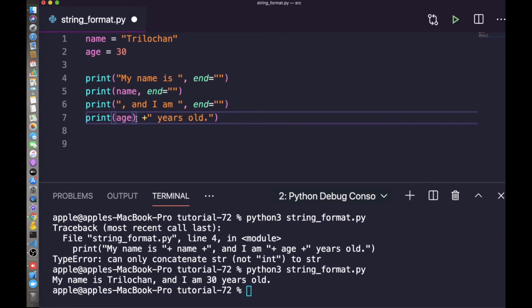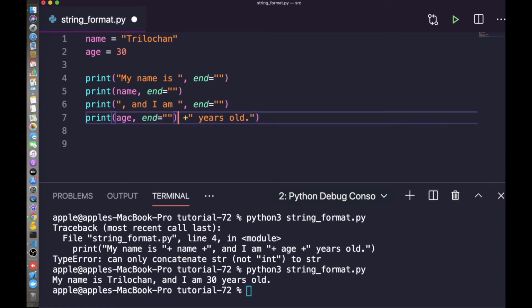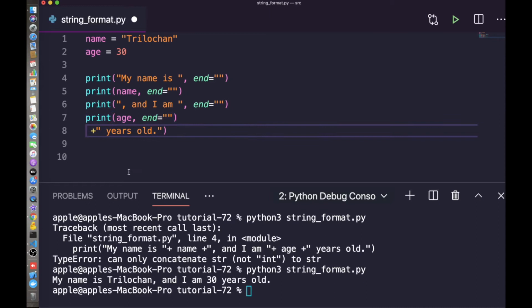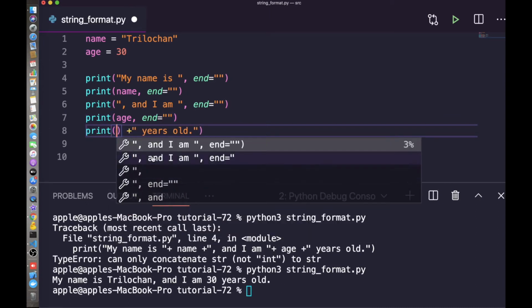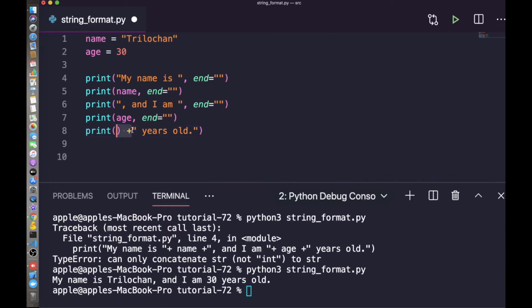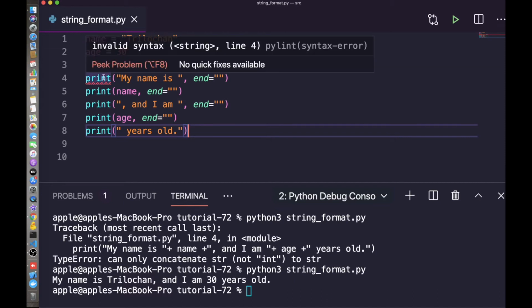Okay, so one thing I will tell you, here this is definitely hard to read, right? You agree with me, this is very hard because you have to write multiple print lines, and this is not an easy way to do this. So I would never recommend this one for formatting a string. Okay, so this is done. Similarly you can just run this and you will get the result.